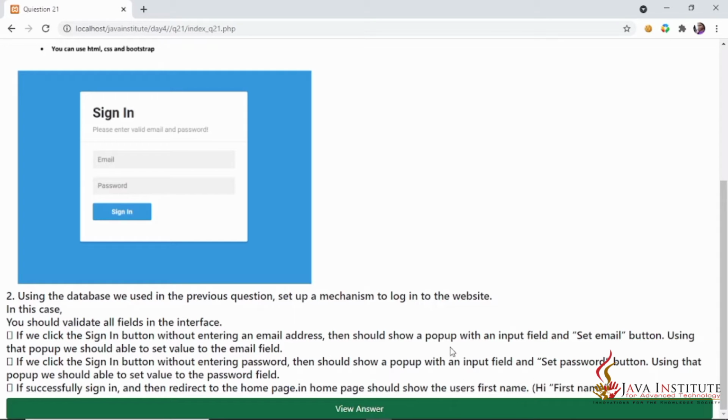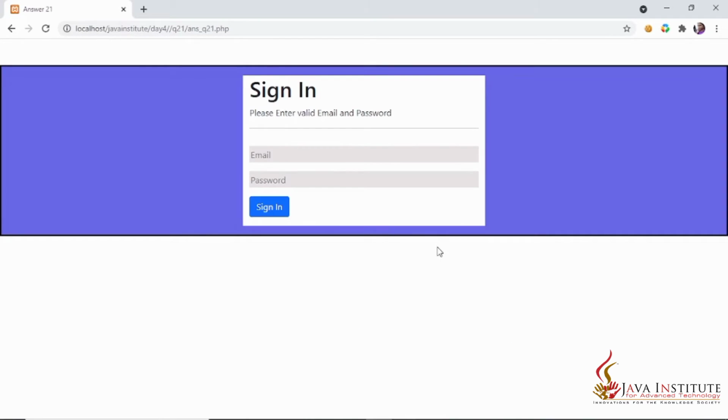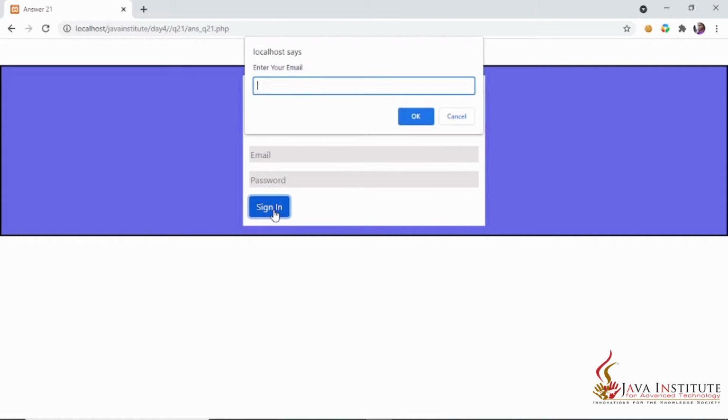In the home page, it should show the user's first name. Then I show you the answer by clicking this view answer button, and this is the sign in page, and I'll show you the validations here. When I click this sign in button without entering email and password, the pop-up comes as an alert: enter your email. So I enter the email here as